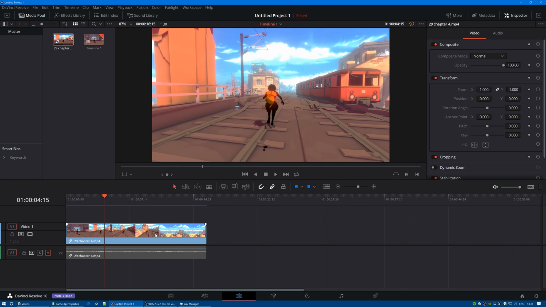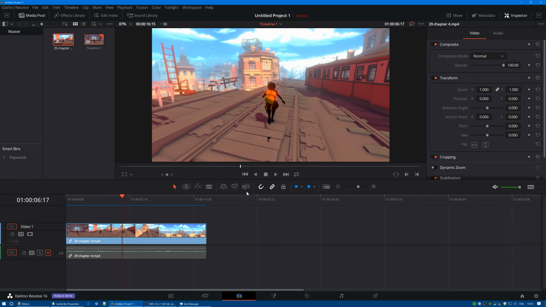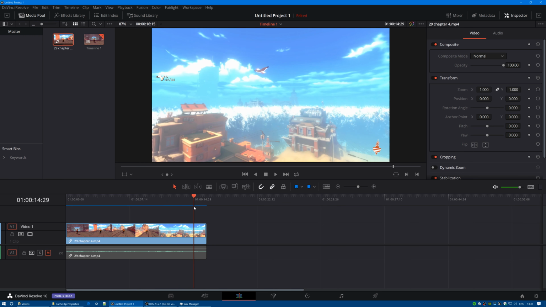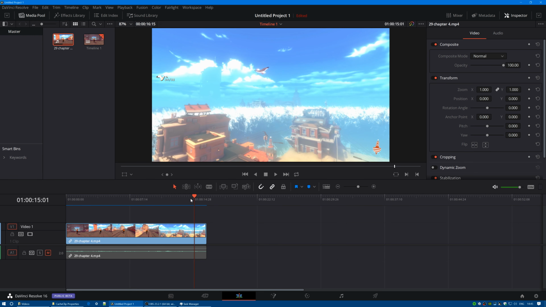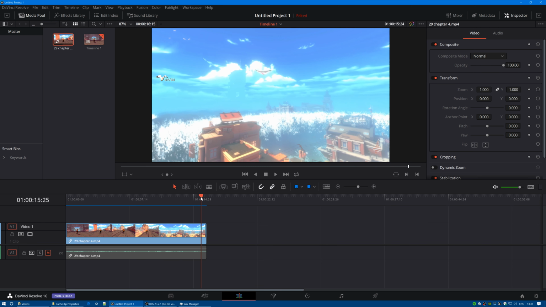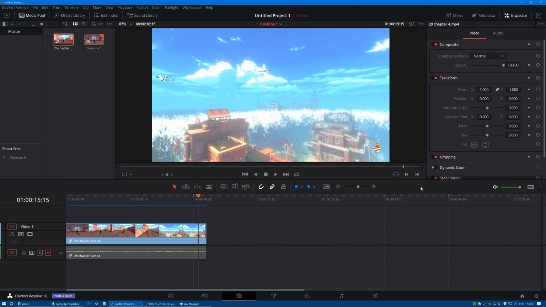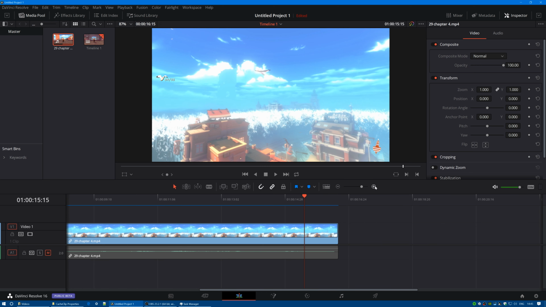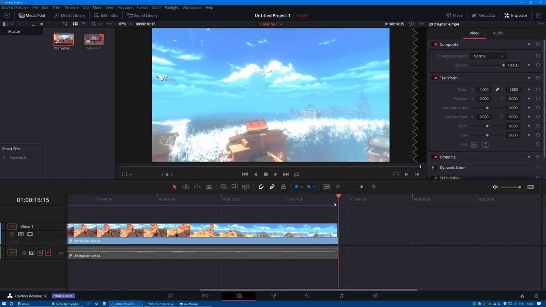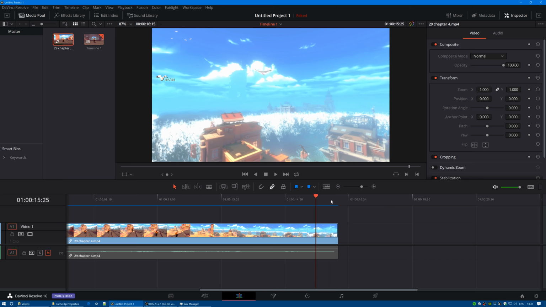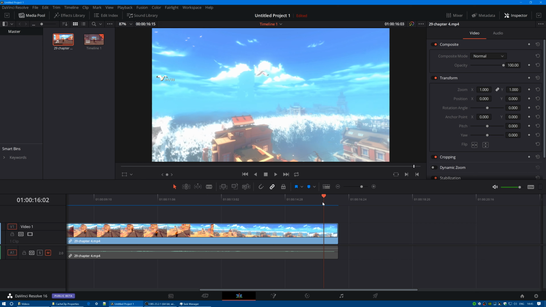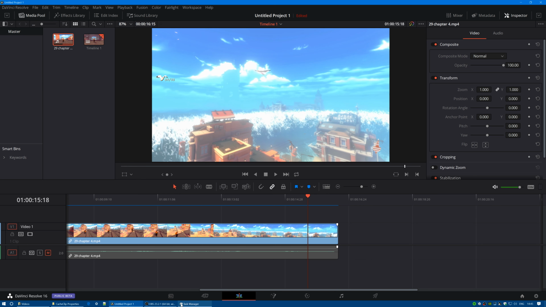Okay, so that's basically how you cut a piece of video. Don't forget, you can just go anywhere you want. Say I wanted to cut off the back end of this, I think it's a little bit too long. Now the problem with the snap tool is, if I just wanted to cut off a couple of seconds off the end, I've got two options. I can either zoom in, and the snap tool snaps at the later date, or I can just knock the snap tool off. I can go right to the edge as far as I want, just cut off that little bit. So what I'll do is I'll just take that, press Control B,